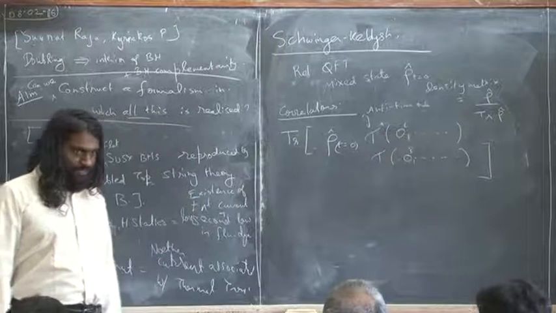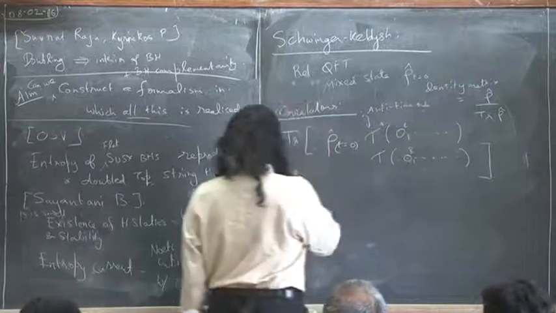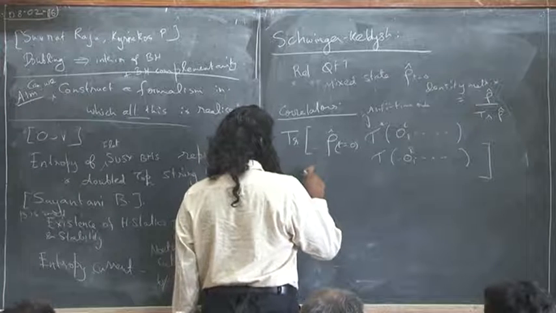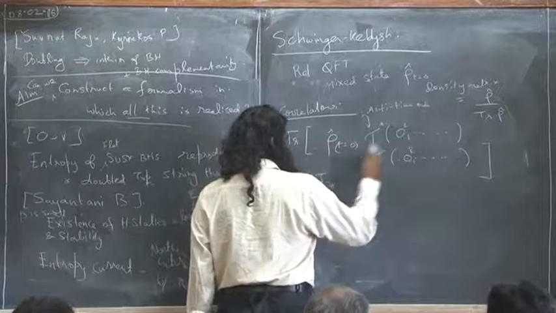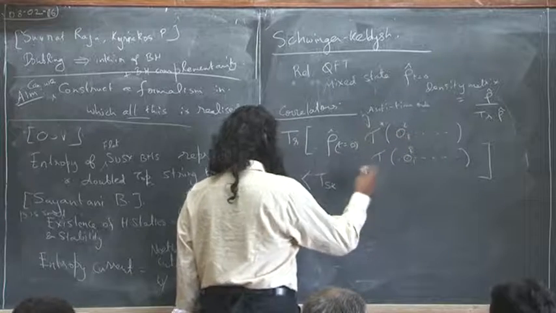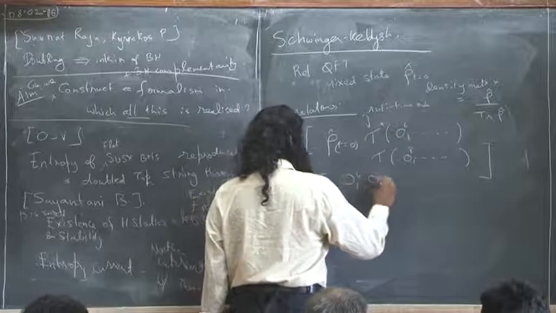What are the subscripts L and R? This is usually denoted by saying that it's more convenient to write it as some Schwinger-Keldysh ordered correlator, where I write down